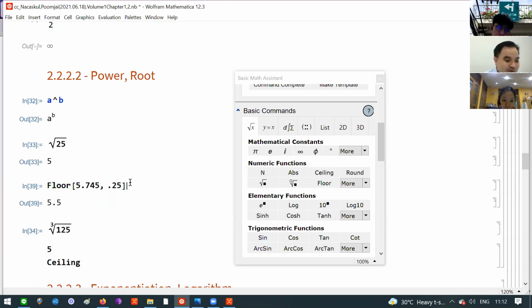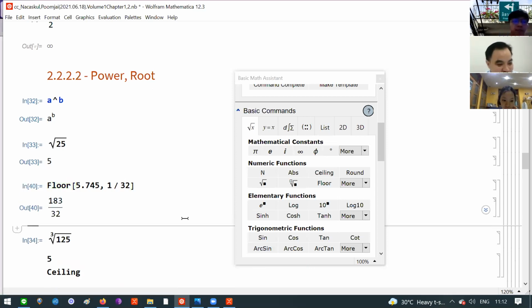So obviously, when you work with money, the unit of denomination is cents, right? But we don't actually have cents, we have satang, and we don't have 1 satang, we have 25 satang. So you have to do some kind of tax rounding or whatever, and you go to the nearest this. Okay, in the bond market, it's really funny. The fixed income market is the nearest 1/32. Okay, so the nearest 1/32 is 183 over 32. Okay, it's really funny, but